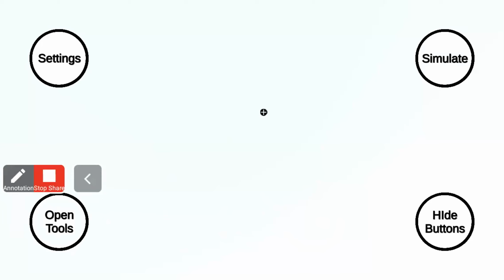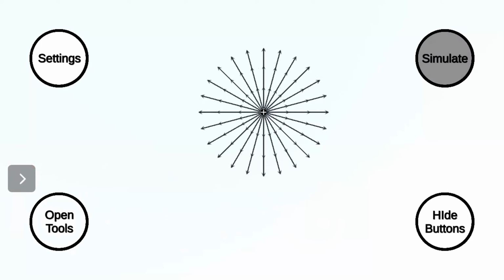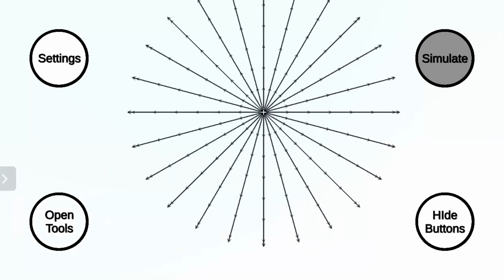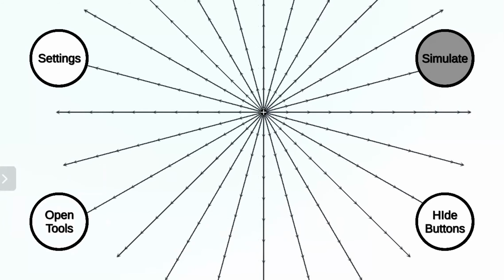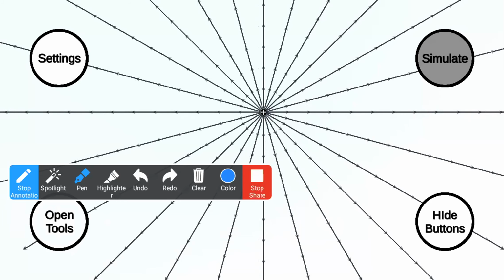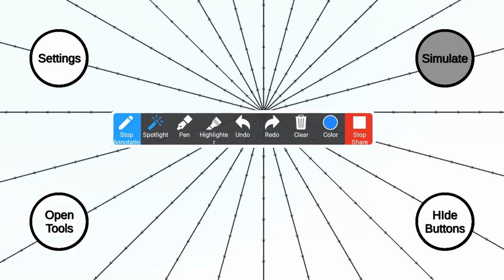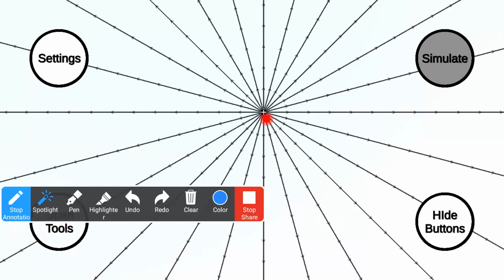Somebody tell me, I'm having one charge. Anyway, I will simulate this. Now the field is like this. If I put one more charge exactly on this plus charge, I will bring one more charge and put it exactly here. Already there is a positive charge. Now I will bring the negative charge. If I am putting it exactly on the positive charge, what will happen? Any answer? Whether I will get the field lines or not?